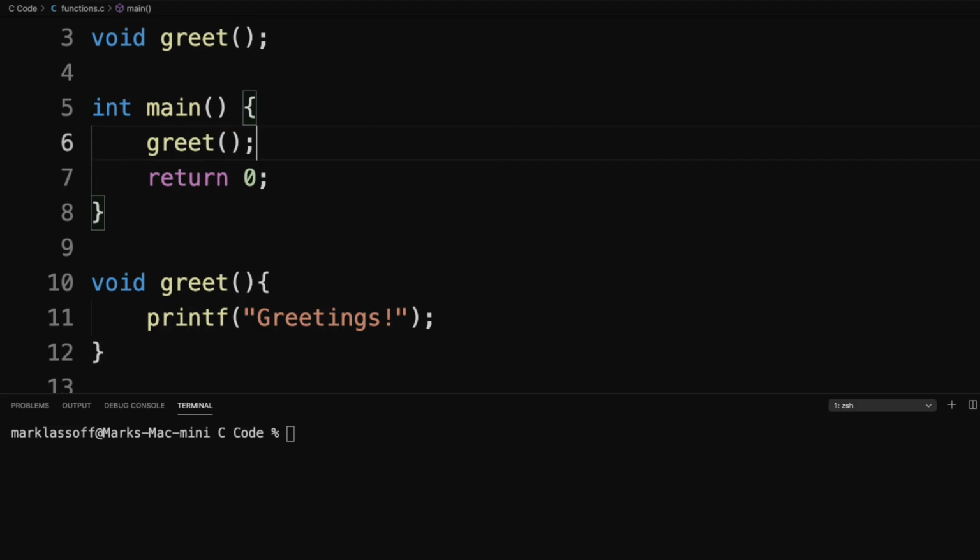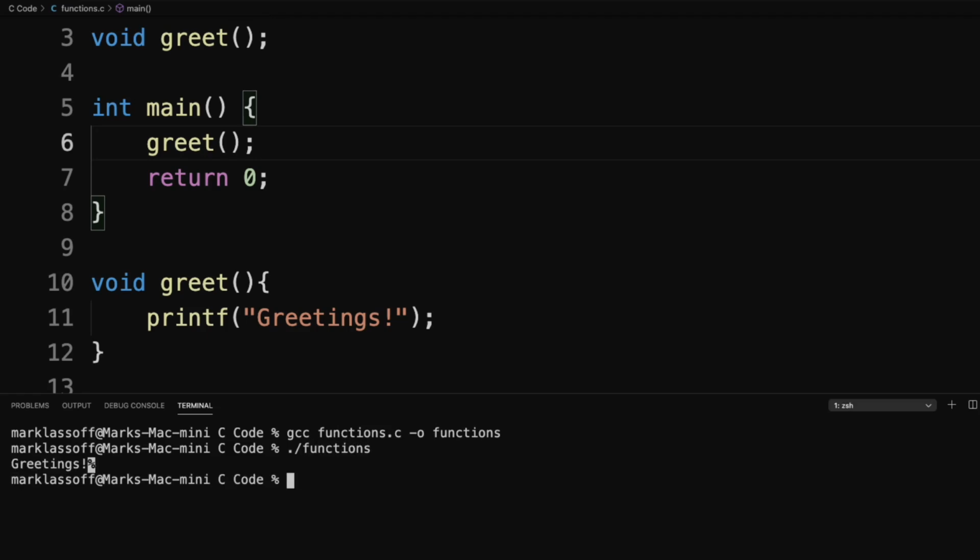So now when line 6 is encountered, it's going to call the greet function and execute the code inside the greet function, which is on line 11. Let's save and compile and see how it goes. So this is called functions.c, and our executable will just be called functions. And there you see we get the greetings.